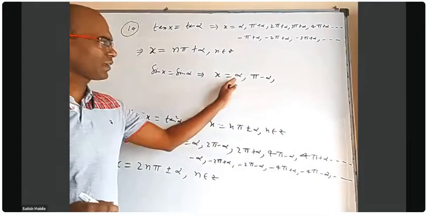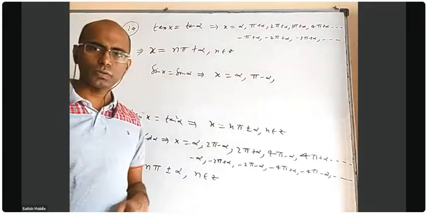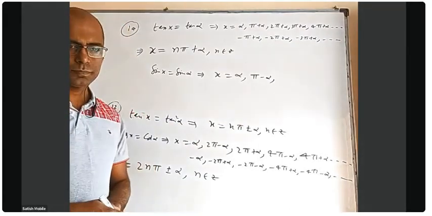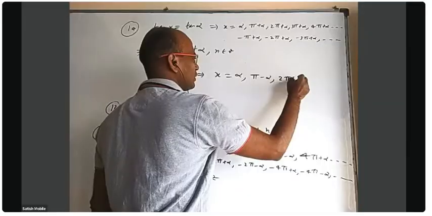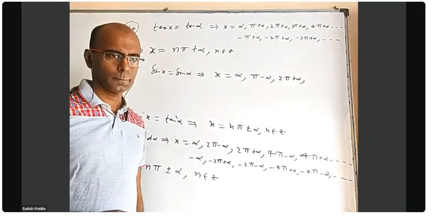So when I covered first and second, again I cannot take third and fourth because the sign will be negative. I have to go to the next first quadrant. What will I get? 2 pi plus alpha. And next second quadrant? 3 pi minus alpha. Yes, 3 pi minus alpha.